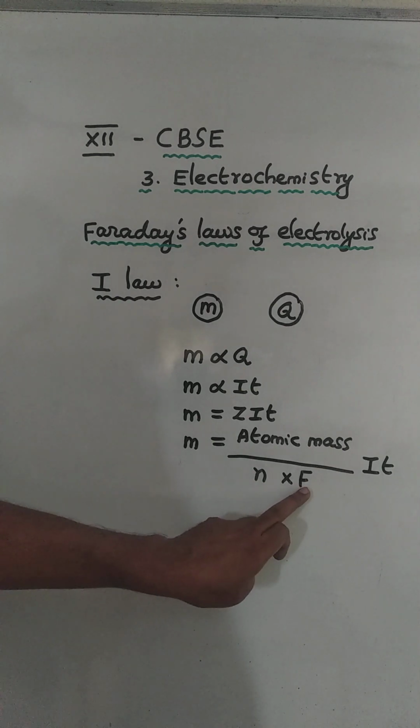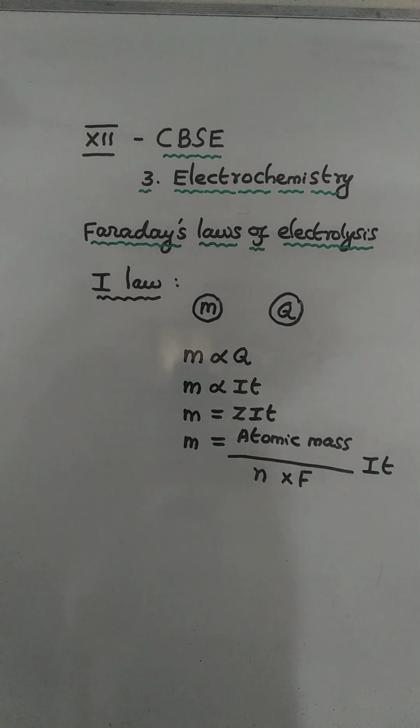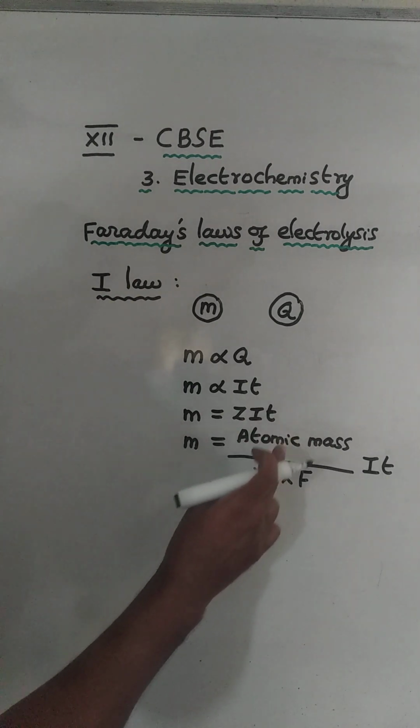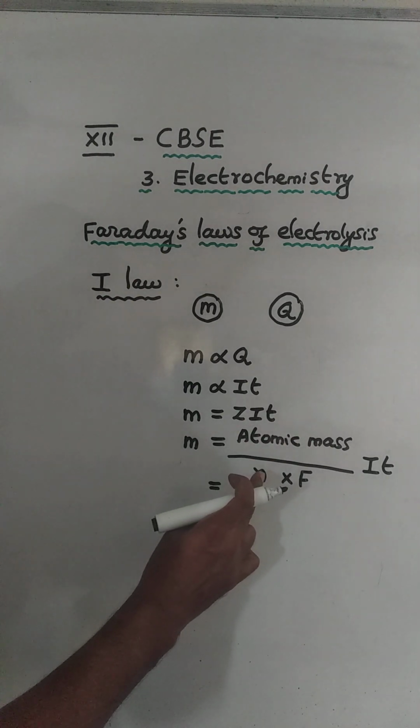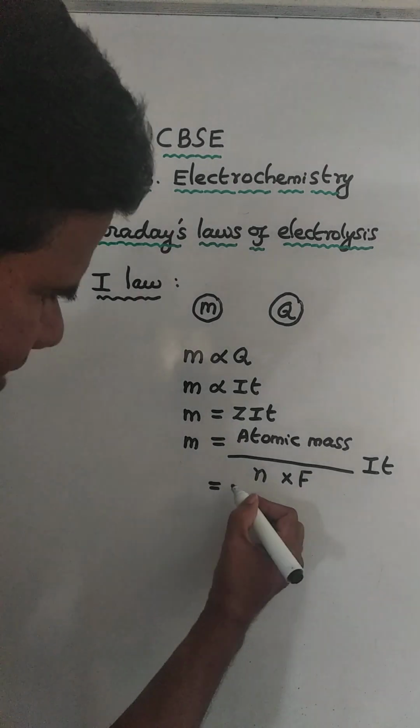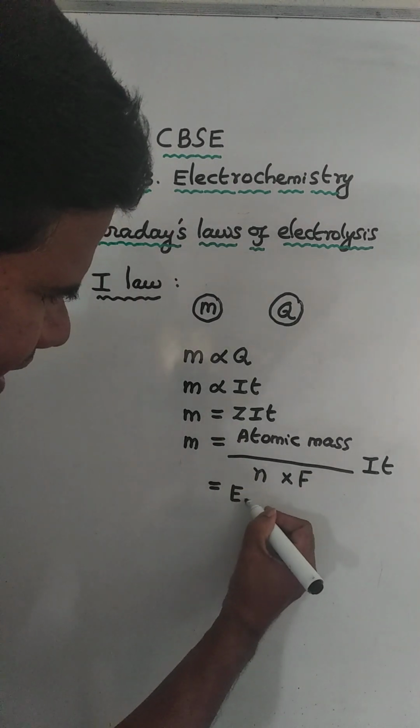F is the quantity of electric current in Faraday. Atomic mass divided by valency or number of moles of electrons transferred is nothing but equivalent mass